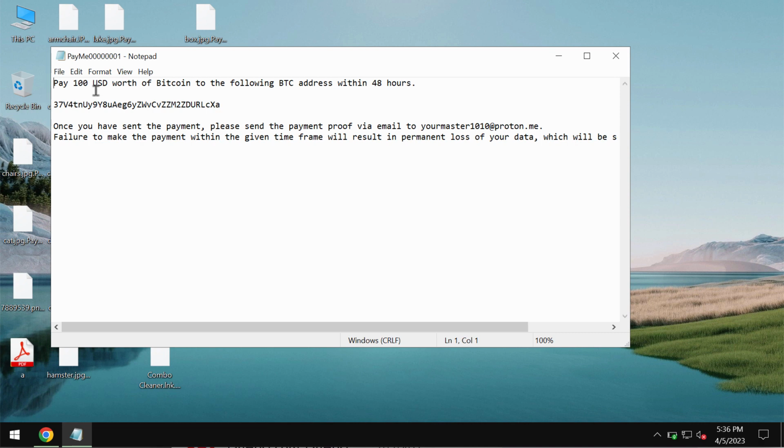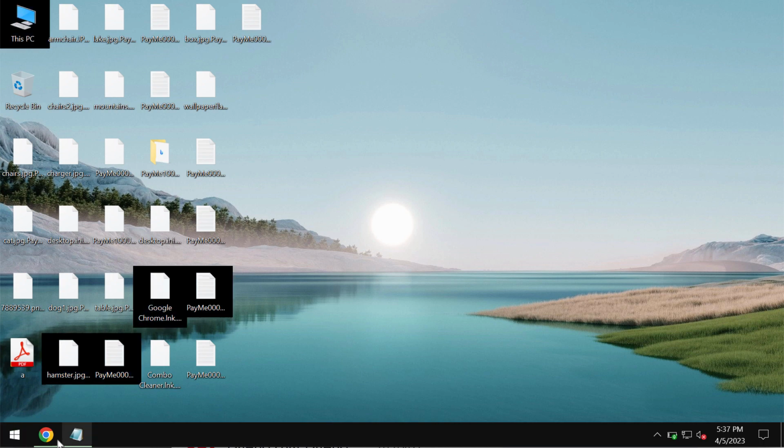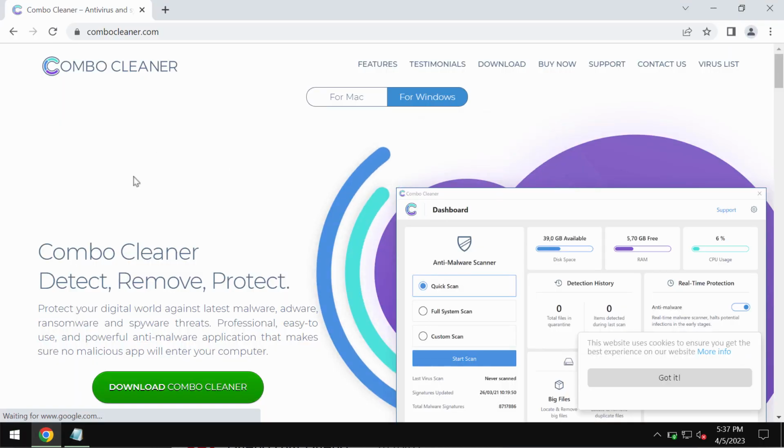If you pay the ransom, you may simply waste your money for nothing without getting your data recovered. So don't pay the ransom, don't waste your money. We recommend you to actually